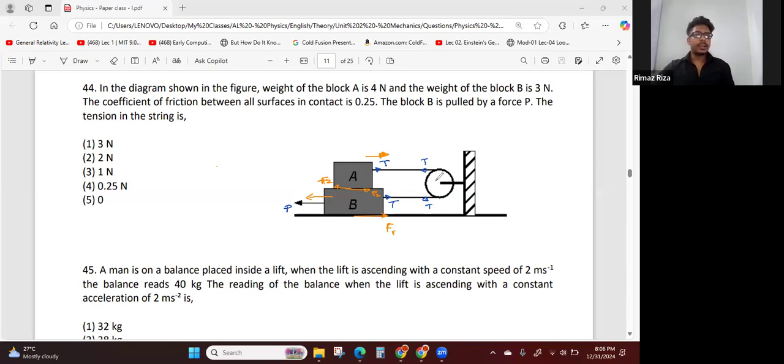So now we want to find the tension in the string. Okay. So first I consider the system, both A and B together, as an individual system. For that I am applying the figure. The coefficient of friction between all surfaces in contact is 0.25. The tension in the string is